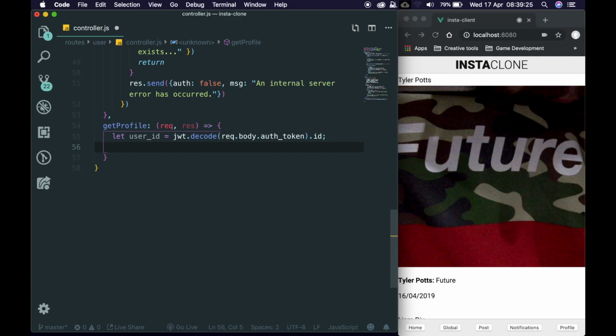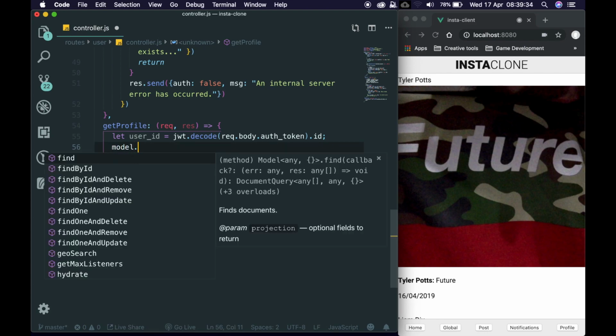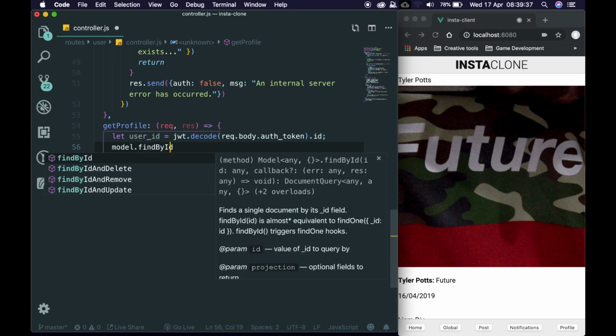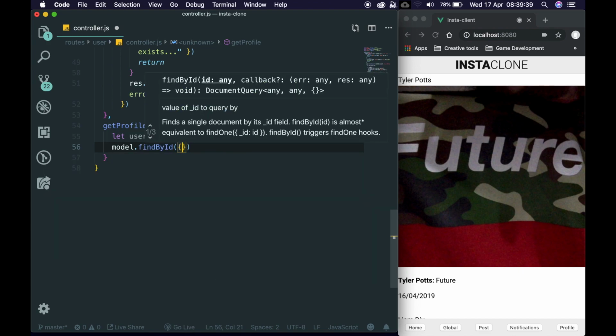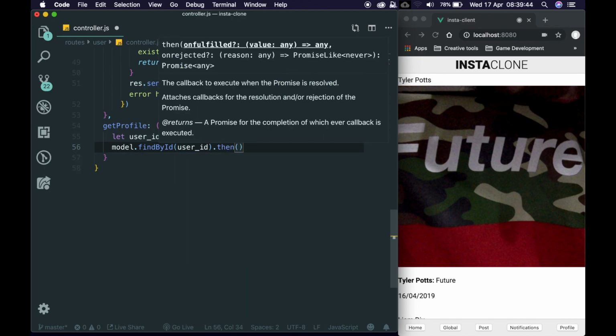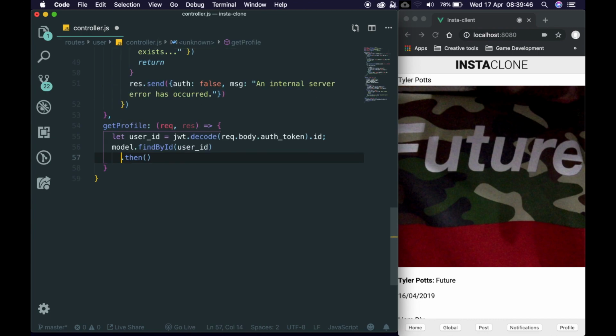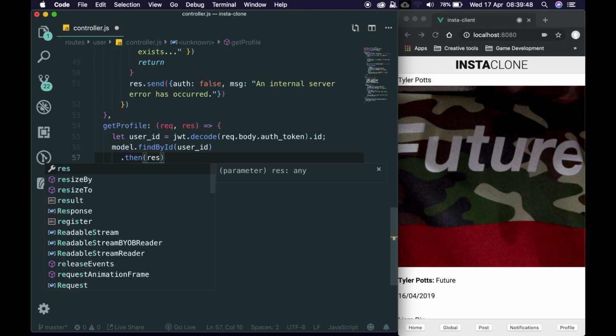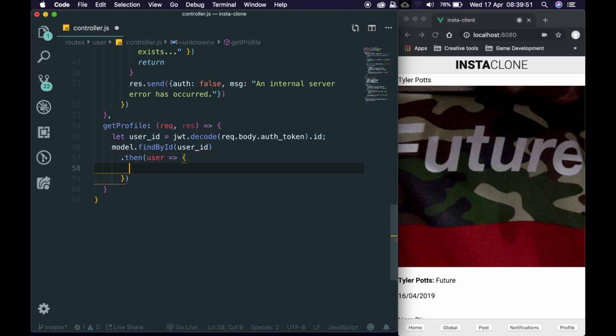We want to say Post, not post model. We want to say Model.findById, and then pass through the userID, and then just say .then to catch the promise. Let's break this down. .then, and we get the user back, and we'll say if not user, then res.send